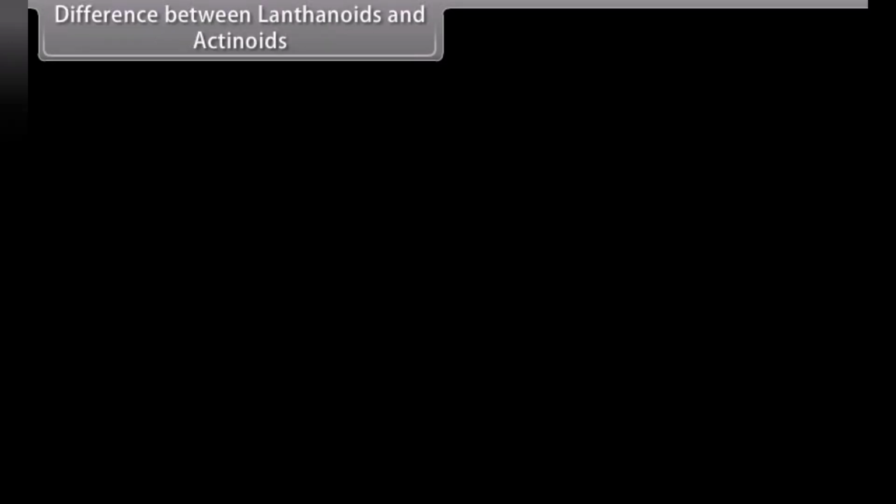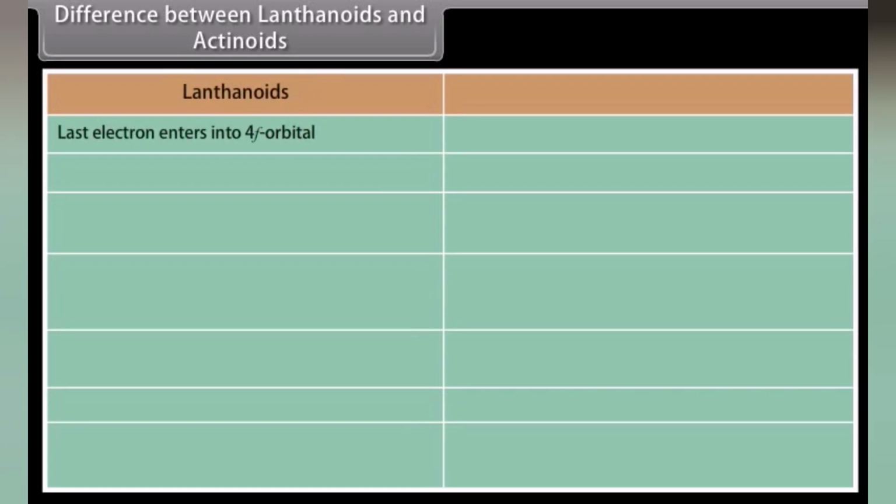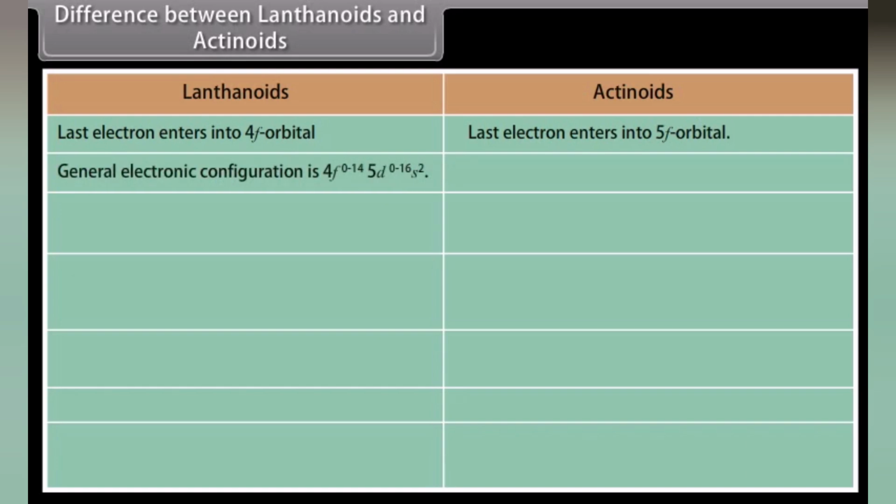Difference between lanthanoids and actinoids. In lanthanoids, the last electron enters the 4f orbital, whereas in actinoids, the last electron enters the 5f orbital. In lanthanoids, the general electronic configuration is 4f0 to 14, 5d0 to 1, 6s2, whereas in actinoids, the general electronic configuration is 5f0 to